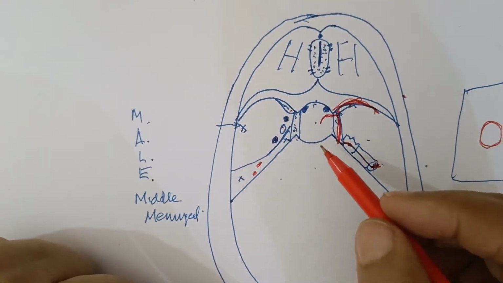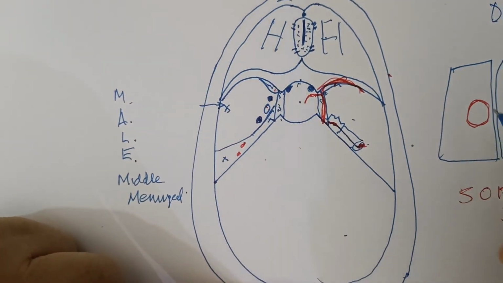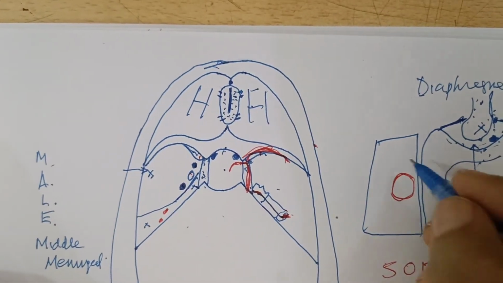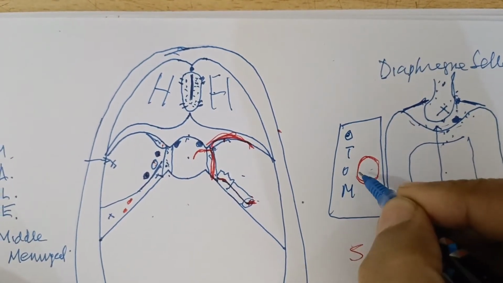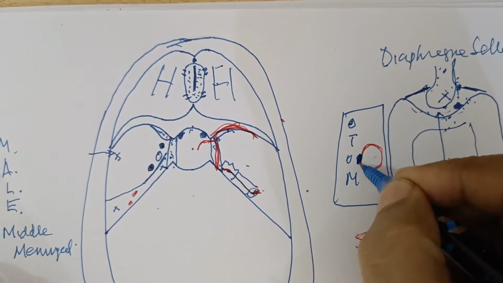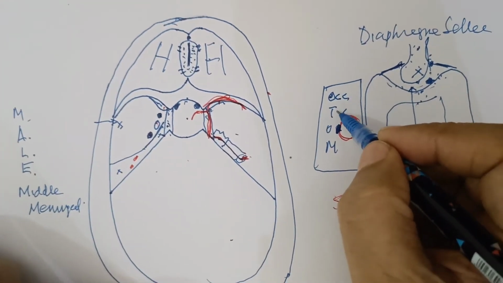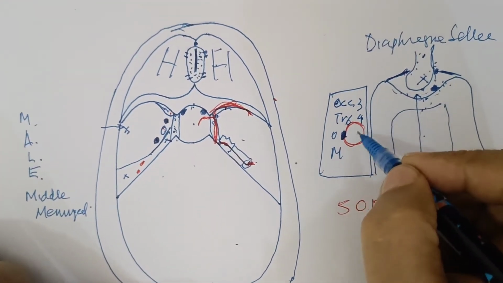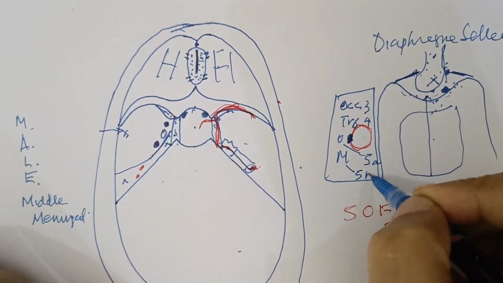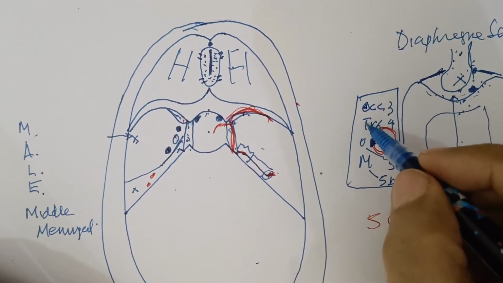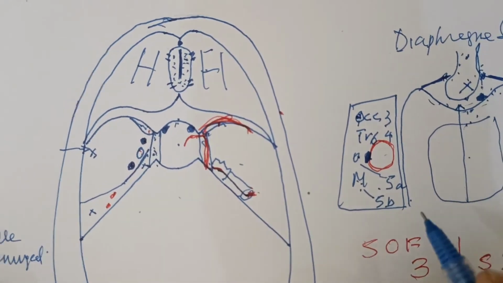All right, now we have passed the sixth nerve and we come into this cavernous sinus, and here we say O Tom. So besides the internal carotid is the sixth nerve, the abducent nerve, but here it is oculomotor, trochlear, that is third and fourth, ophthalmic is fifth A, and maxillary is fifth B. So oculomotor, trochlear, ophthalmic, maxillary. So these are the nerves that pass through the cavernous sinus.